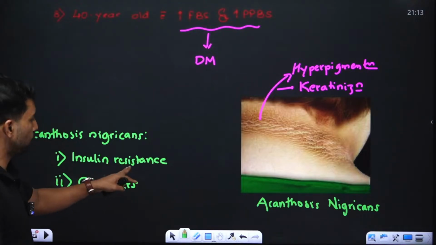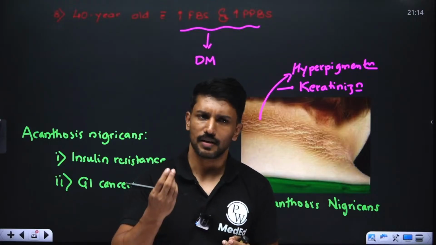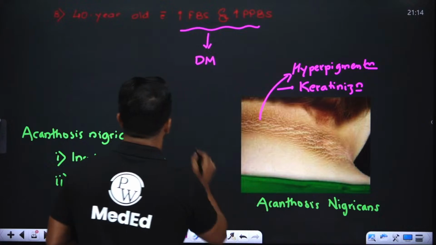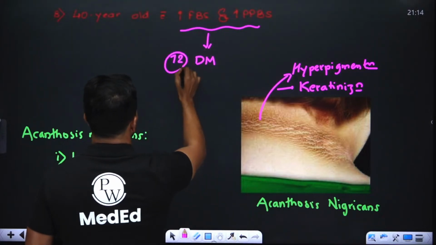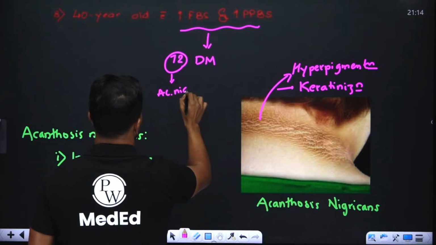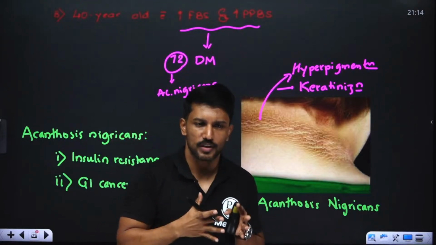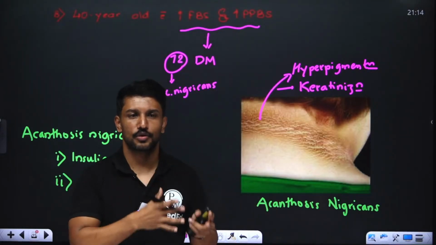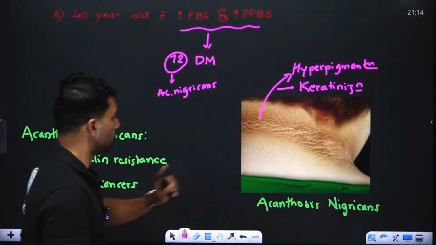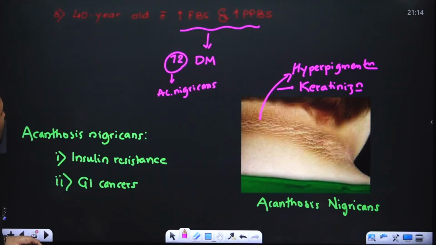So here I should think of insulin resistance. So diabetes with insulin resistance, which type is it? Of course, it is type 2, right? So that means we are dealing with type 2 diabetes mellitus. Type 2 here because of the presence of acanthosis nigricans. So we all know that there is type 1 and type 2. Type 1 is primarily autoimmune, where there is destruction of beta cells, and type 2 is insulin resistance. Okay. So now, because acanthosis nigricans is a sign of insulin resistance, I'm taking this patient as having type 2 diabetes